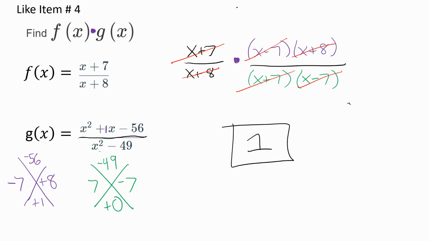Right? It's like having 5 over 5. 5 divided by 5, it's the same thing. They cancel each other out. What is 5 divided by 5? It's just 1. And so if everything cancels out, your answer is just 1. If there's anything left over that doesn't cancel out, then that's going to be